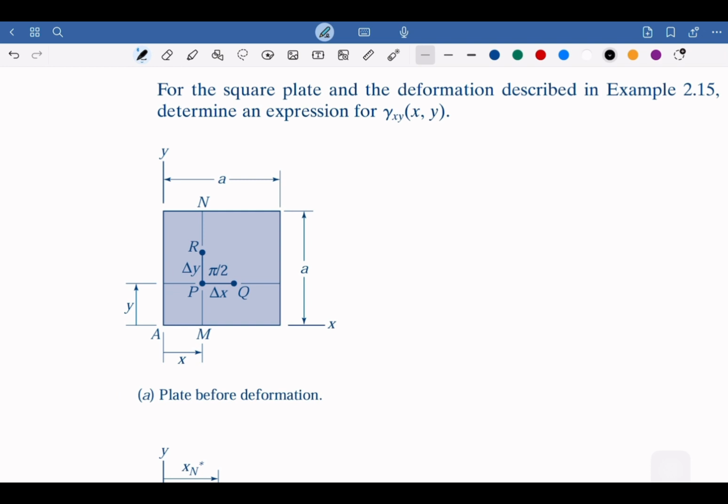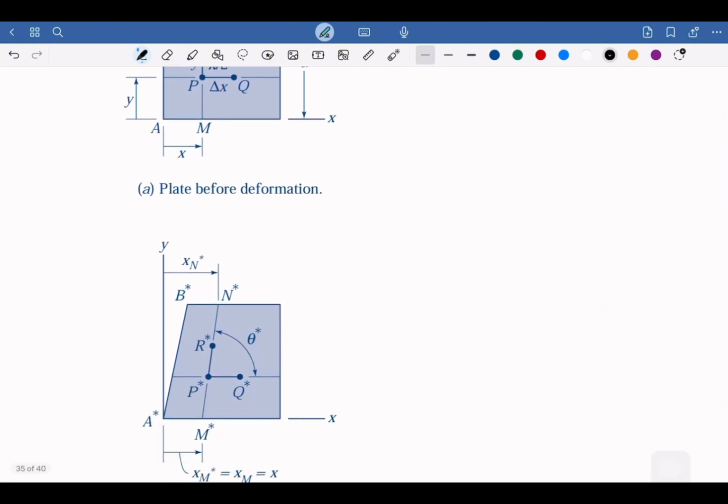We have PR and PQ, the same points as we mentioned, and we take note that PR is delta Y and PQ is delta X. Then we have all the units for X and Y, and the original length is A by A for the sides. Then we take some deformation, and we can see that after deformation,